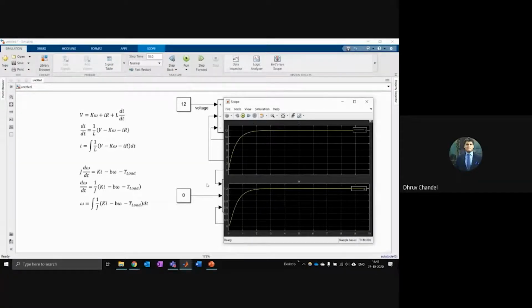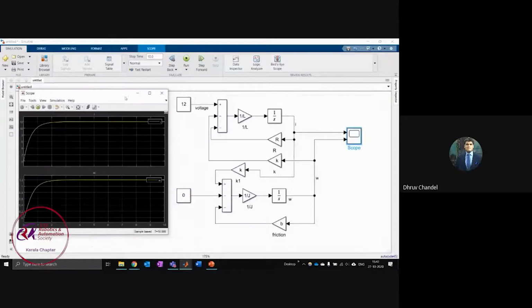If I have a motor, I supply it with some voltage, this is how fast it's going to move. If I know how fast it's going to move, I can integrate the signal again and get the position out. So now let's see something more interesting. This is quite basic. Now let me, instead of putting in a zero torque value, let me put in some